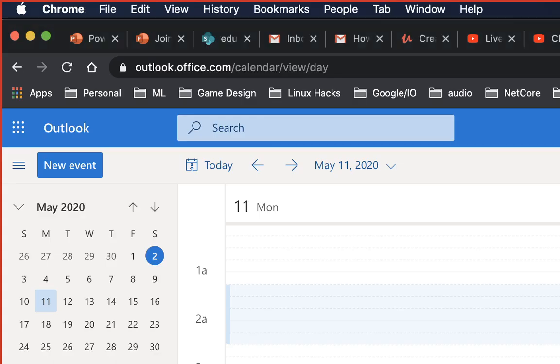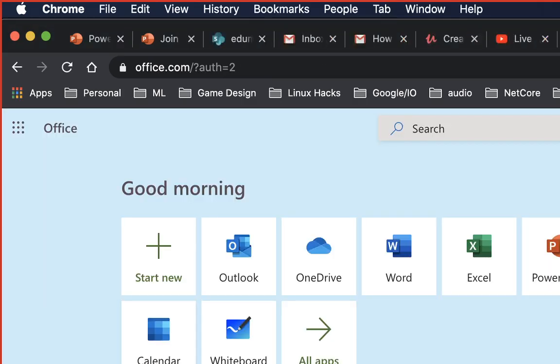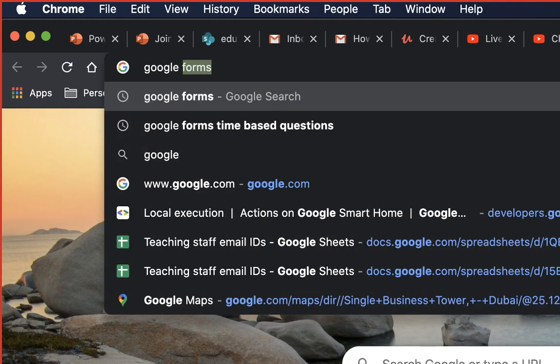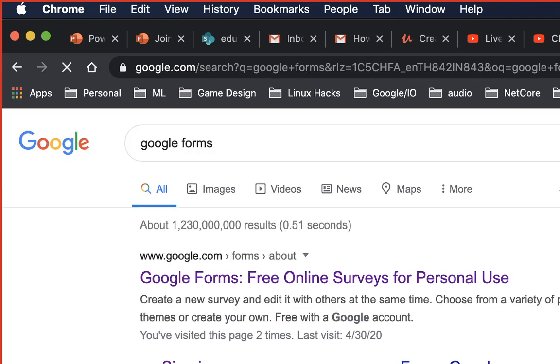All right, so let's move on with the next tool that we wanted to talk about, which is going to be Google Forms. Generally, in the corporate world, we have been using Google Forms for a lot of different kinds of activities: creating surveys, employee satisfaction surveys, interviews, general feedback, and those kinds of things. What you as teachers or educators can do with forms is create exams, assessments, surveys, feedback, query resolution,